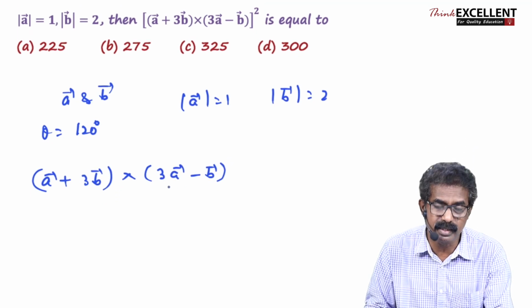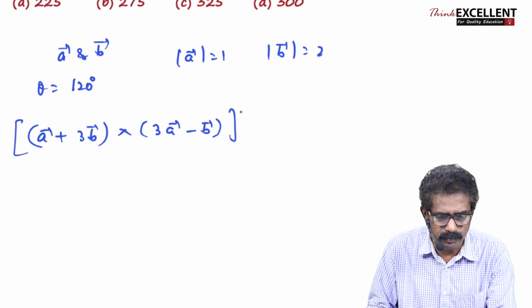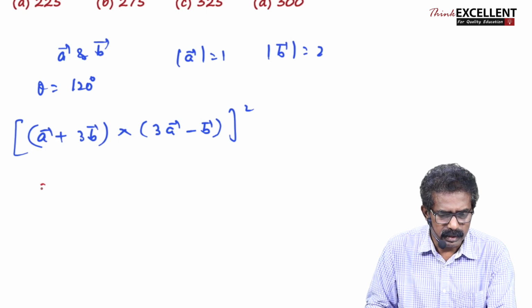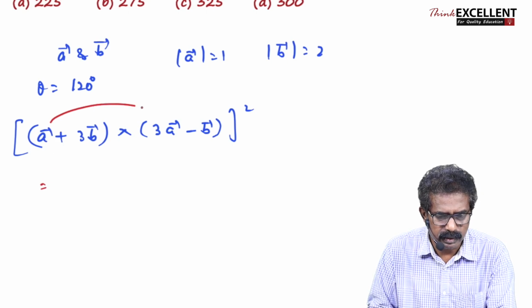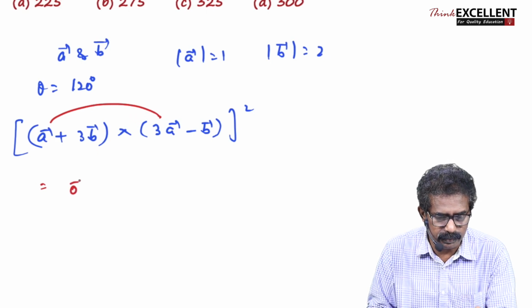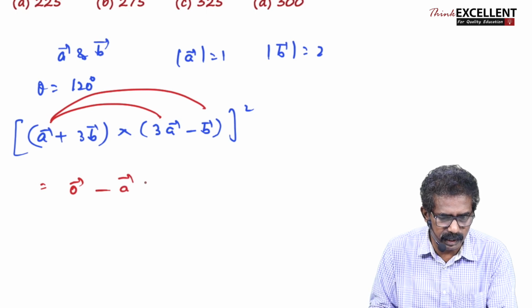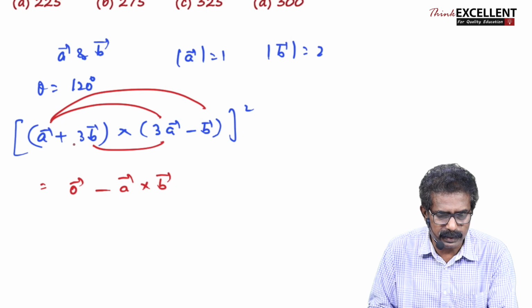So first you simplify, then you square it, right? So okay, we put the square also. That is term by term cross product. Here 3 into A cross A, and A cross A is 0, so leave that, a 0 vector. First and second: so minus A cross B. Then these two, plus into plus only, 3 threes are 9, B cross A.